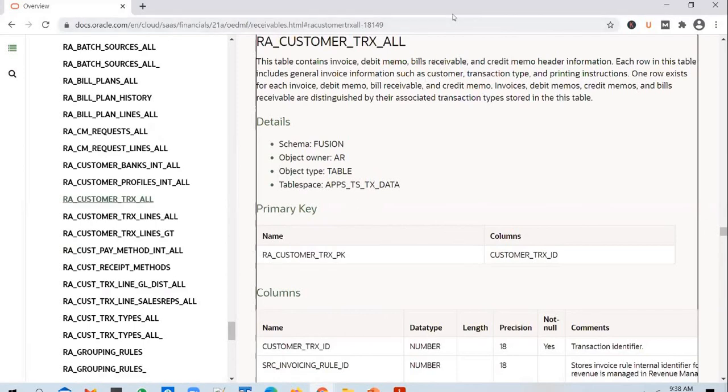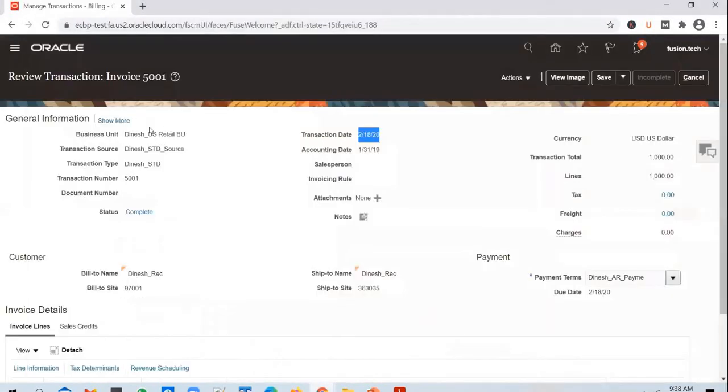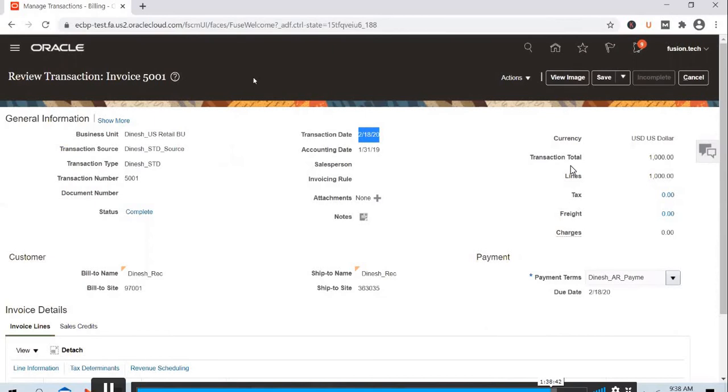So, Prasad, is there a multi-org in Fusion or is it just a multi-business unit? No, it's a multi-org. So you see business unit here, right? If you want to give a user the option to create transactions in 2 business units, you will give them access. You have attended the security session, right? I've shown you how to give data access to the users. So you give two business unit access to the user. When they come into the create transaction screen, they will be able to see two business units there. So that is exactly the same as MOAC.